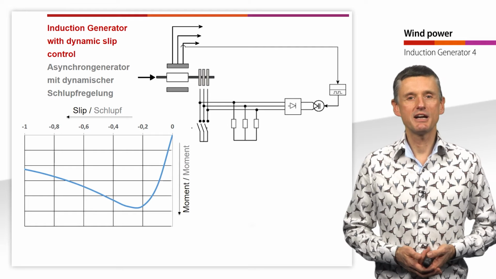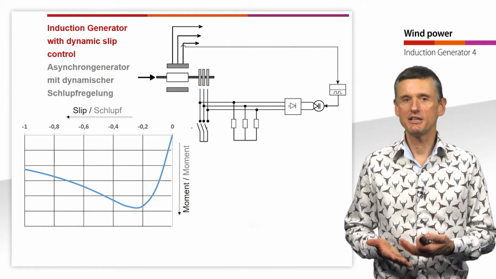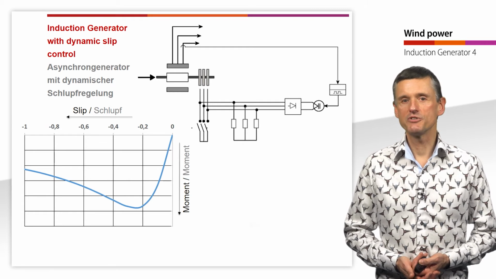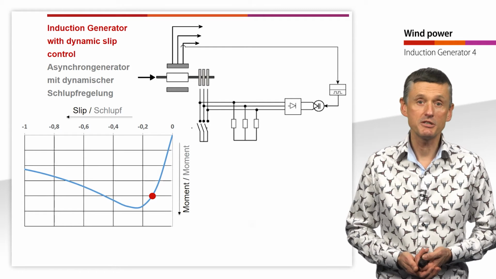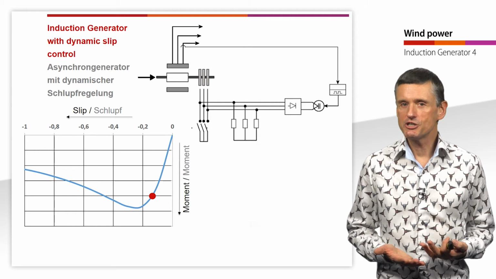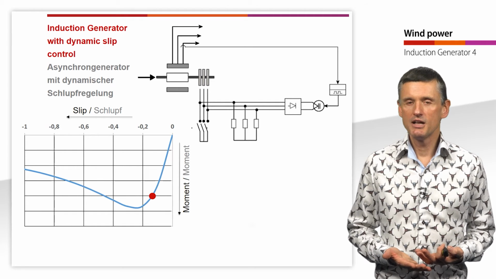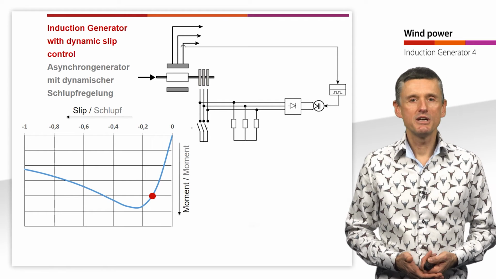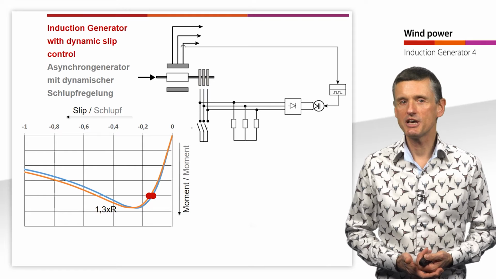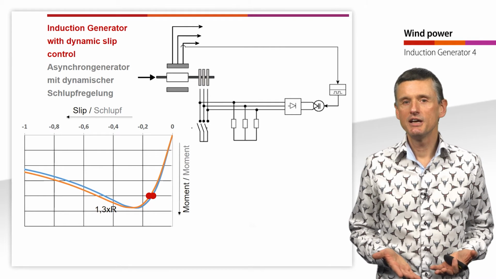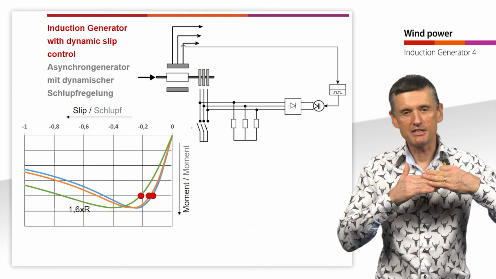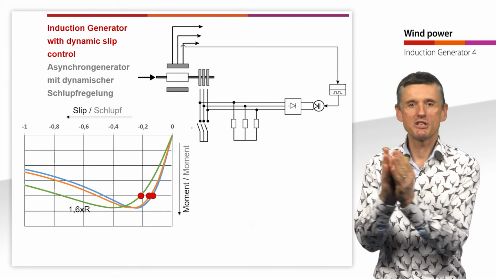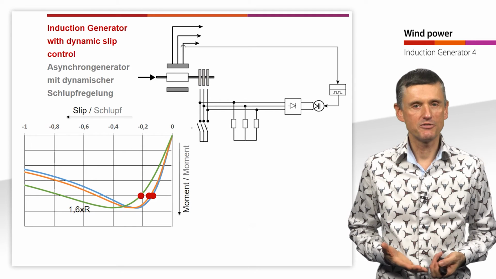And when we have a look at this diagram of the mechanical moment in dependence of the slip S, we see this characteristic blue curve. For example, this here is our operation point, and that is without any additional resistances. But as we have learned in the last video, when we put in another resistance, we get a changed behavior of our moment. The moment itself does not have a different maximum, that stays the same, but the slip at which we have the maximum is now different.